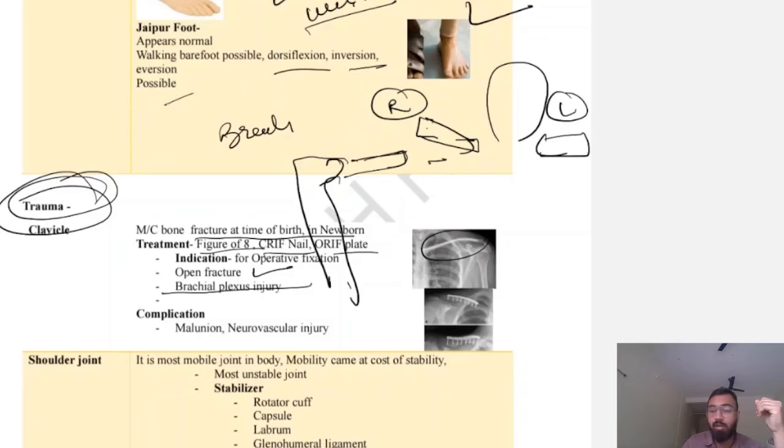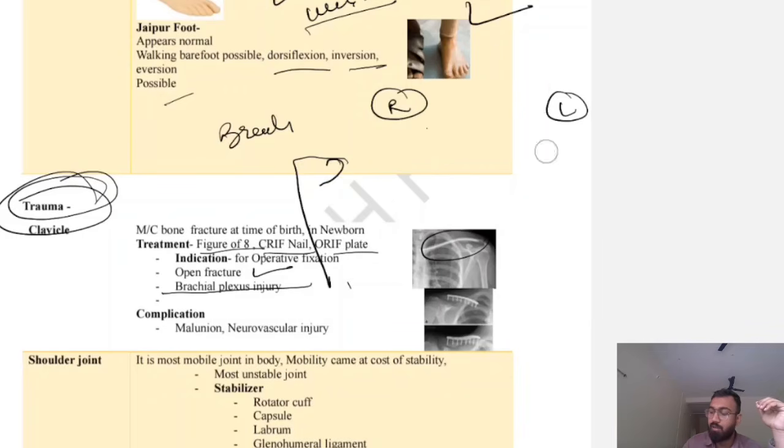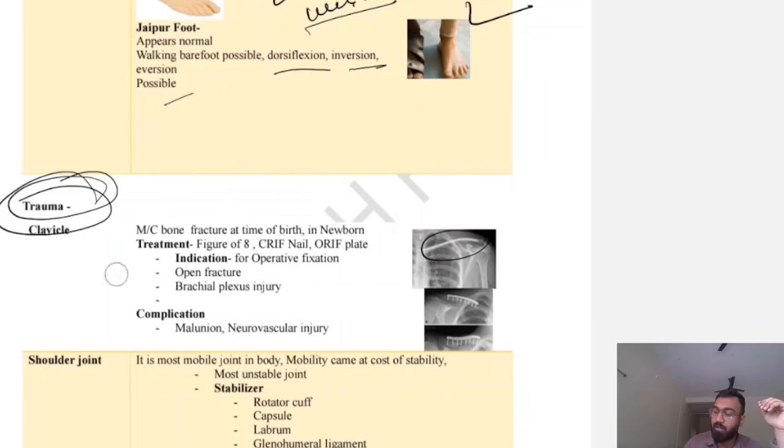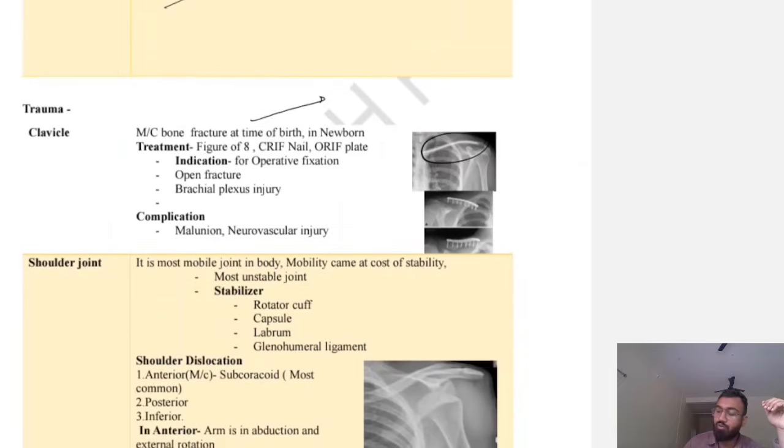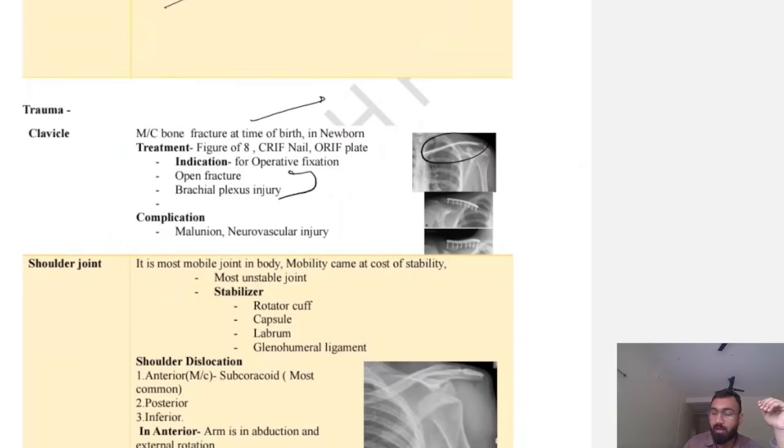The medial fragment is impinging the brachial plexus. So you cannot manage this patient conservatively, because if you manage this patient conservatively, the patient will have brachial plexus injury for his lifetime. So what will you do? You will open this fracture, reduce it, and apply a plate. Because the brachial plexus is also going from here, right? So the impingement in brachial plexus will be relieved, and the patient has recovered from the brachial plexus injury.